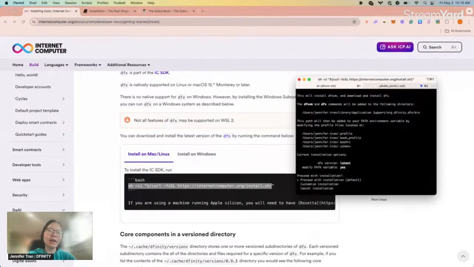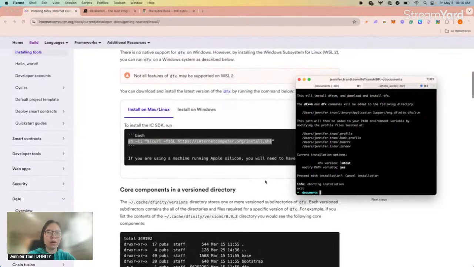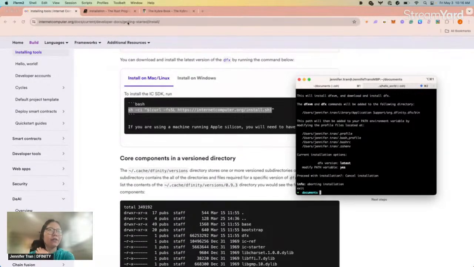In this case, I might not have the latest release, but I already have it, so I'm just going to cancel it. If you don't have it, once you go through, it will install dfx.